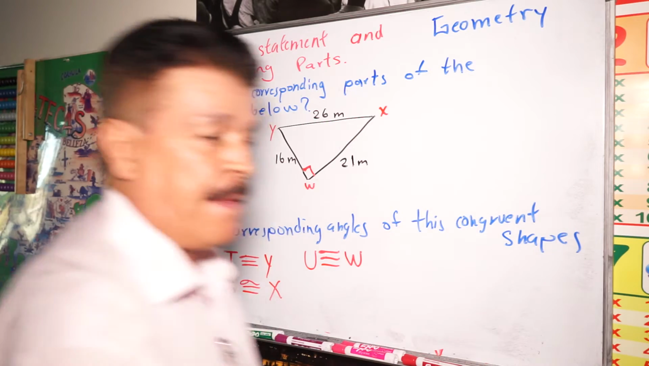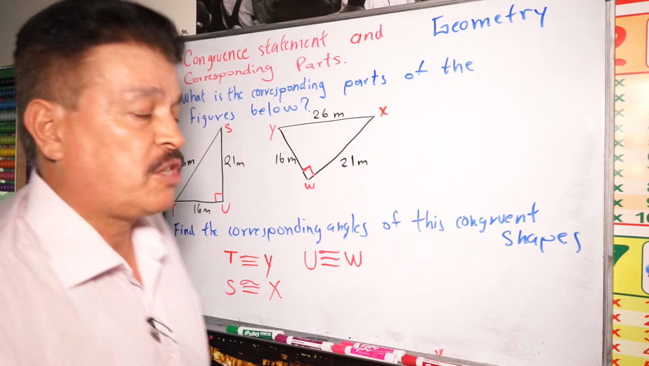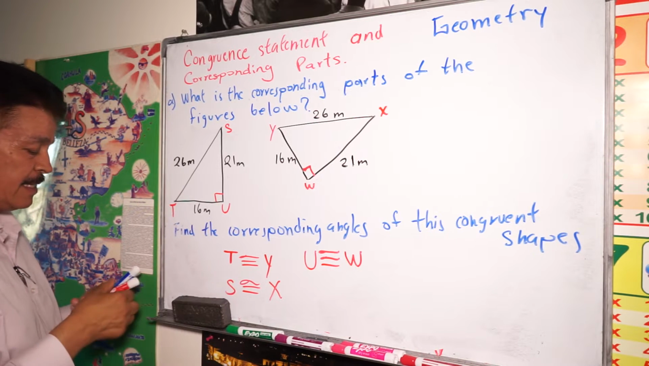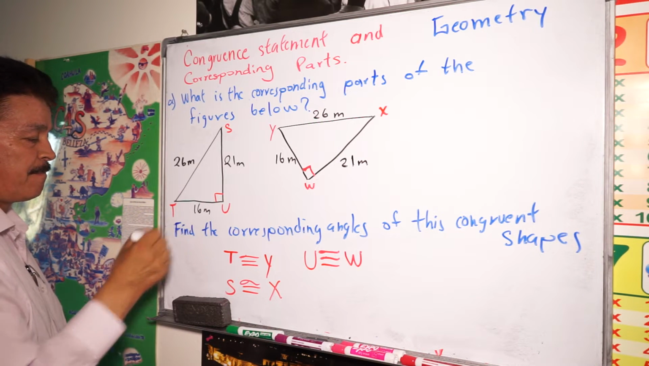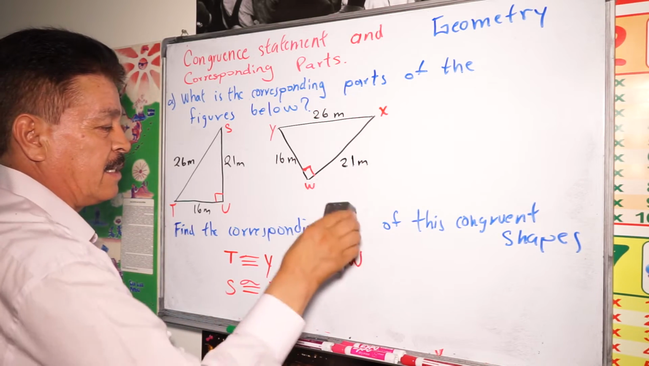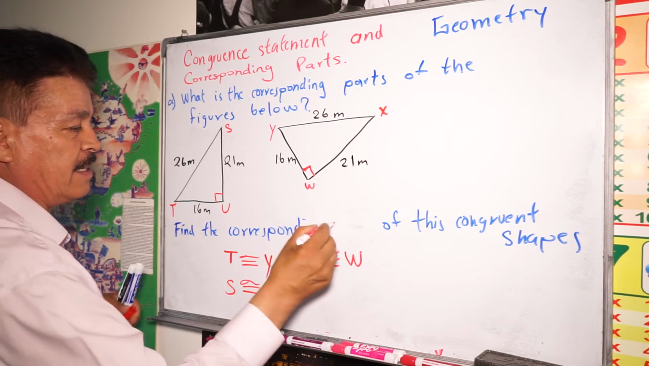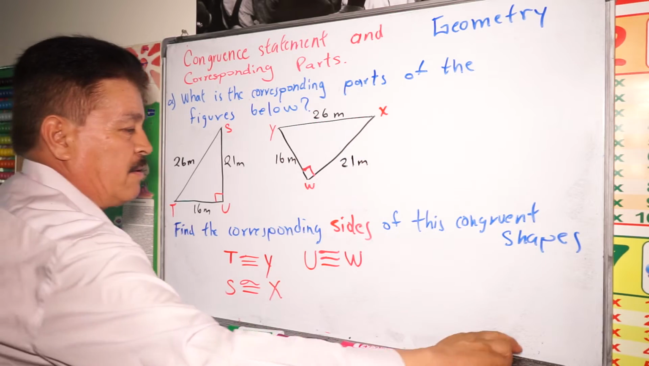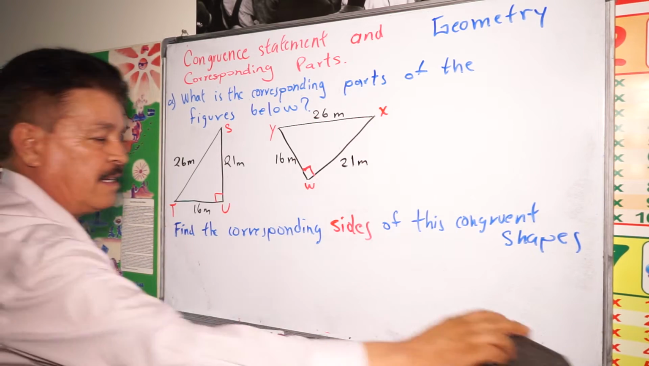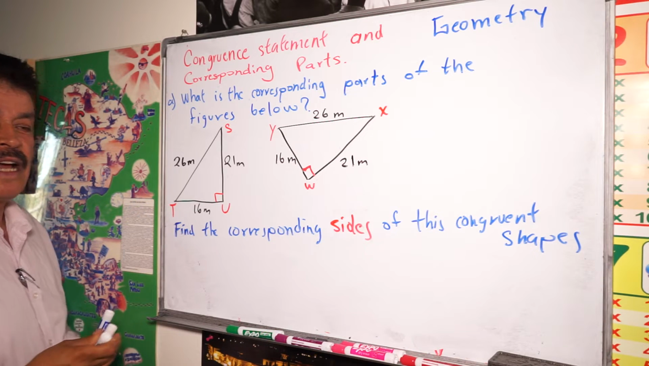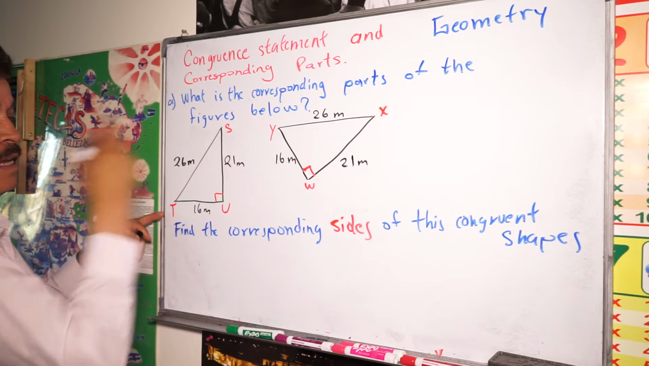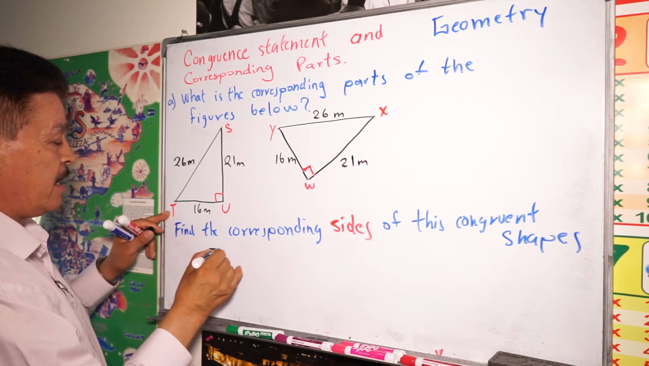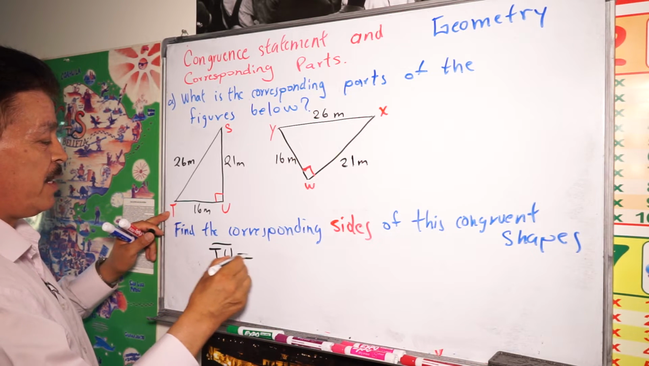So now let's find the corresponding sides. This was the corresponding angles, now sides of this congruent shape. Okay, the sides are different. For example, side TU, this side, is congruent